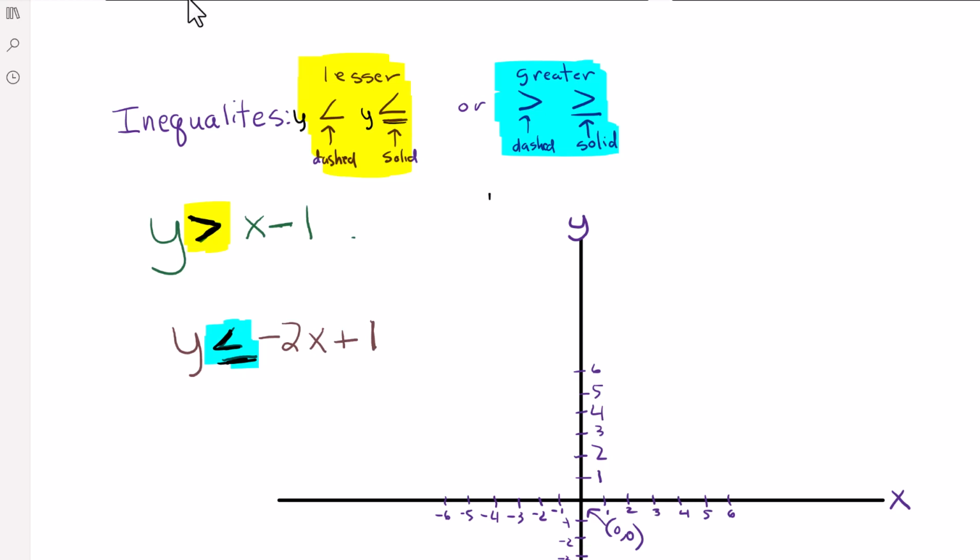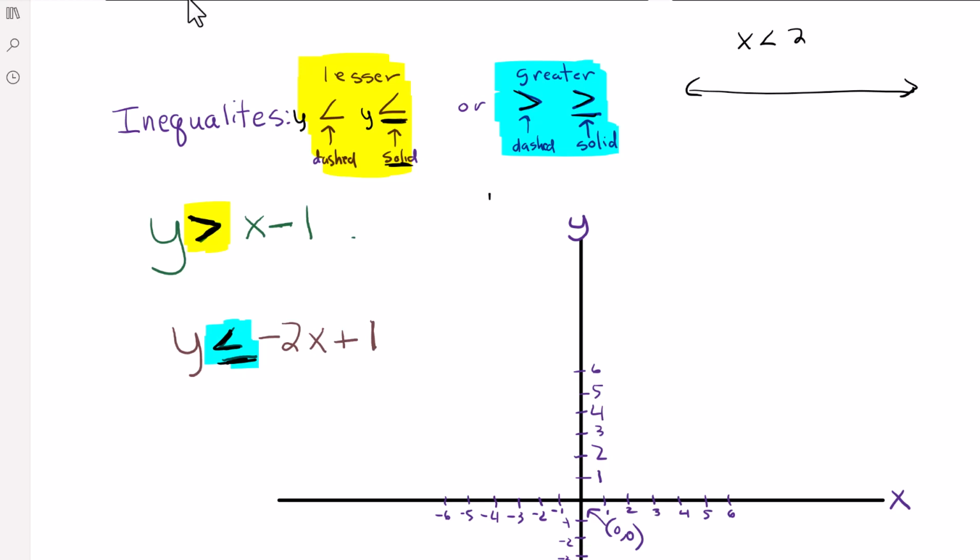When you graph the line, if there's a solid line here, you graph it with a solid line. If there is a missing solid line, then you graph the line as dashed. And when the arrow is pointing to the right, that's the greater than. Okay? So if we just had an inequality where it was the x-axis and we said x is less than